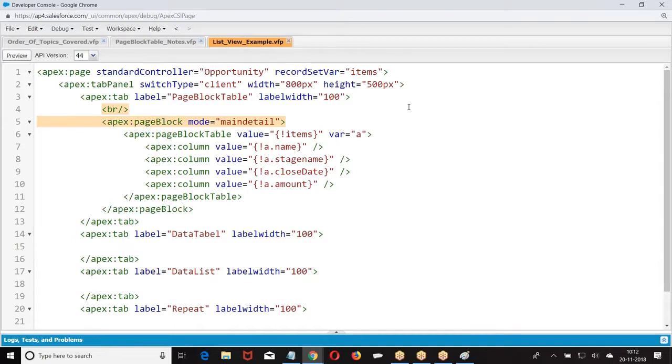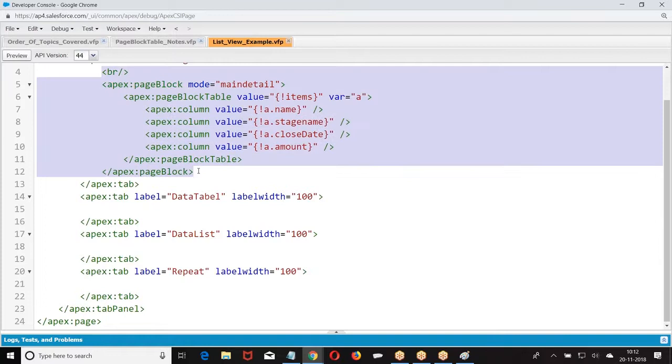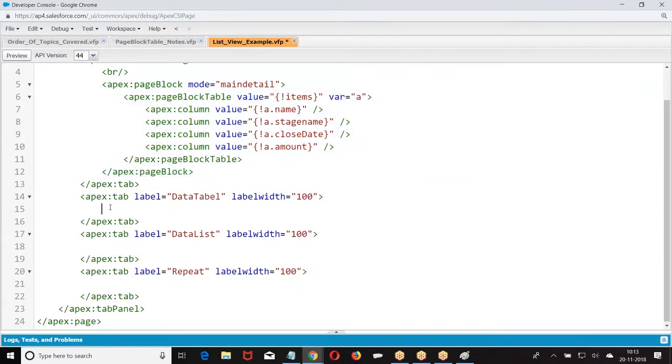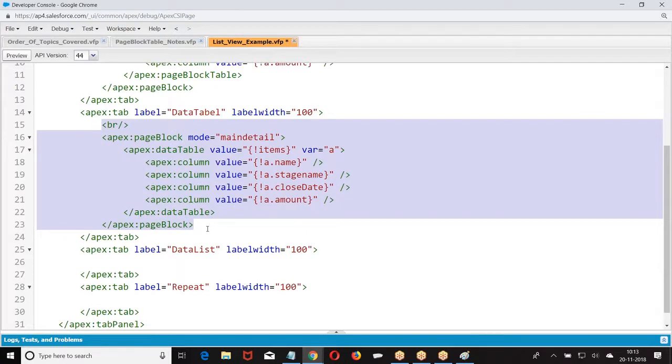Okay. Now let us go to the next one. Same code I am copying here. But this time, instead of page block table, what am I asking? Data table. I removed page block, I kept data table.